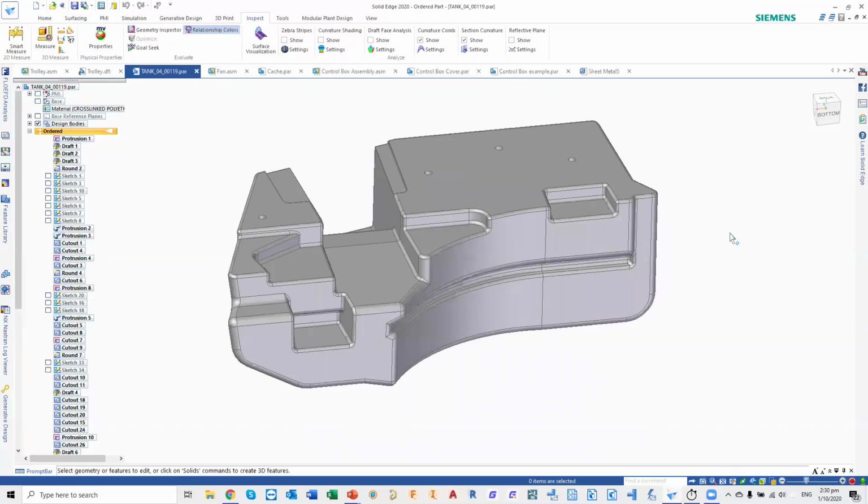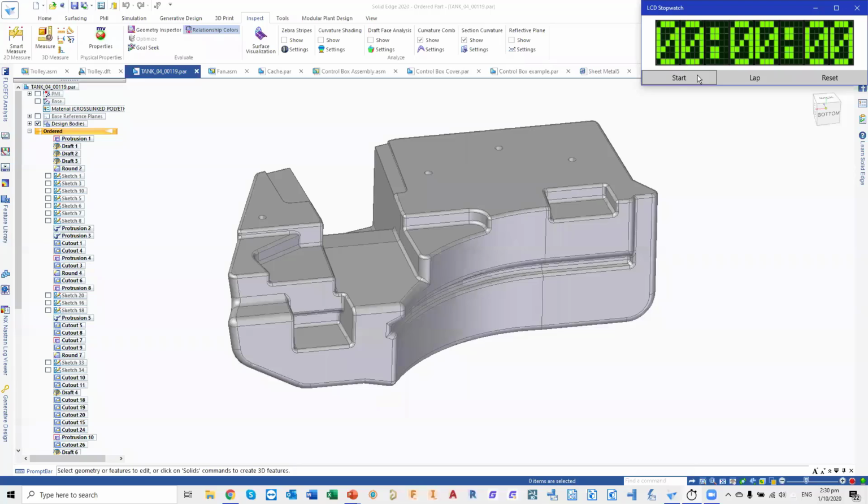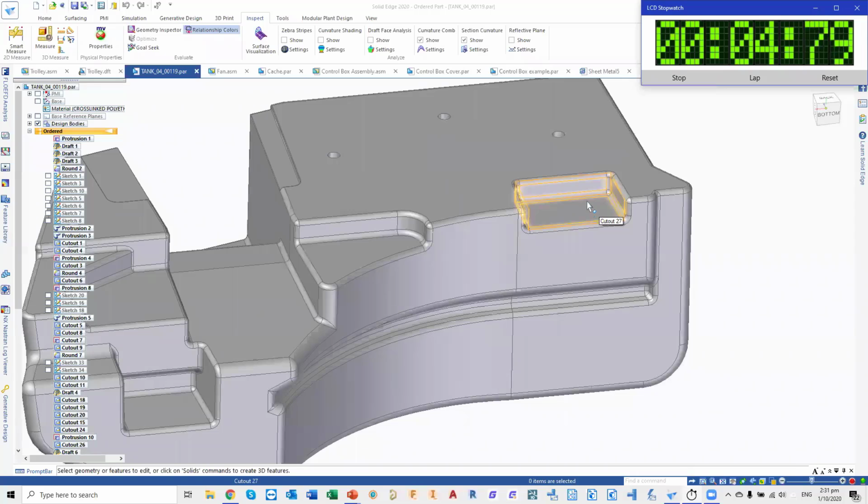Okay, the first change. Before that, let me take down the time that I spent changing using the history-based method, and then later on I'll compare the time that I took for changing in the history-based technique as compared to what I did using synchronous technology. Right. So the first thing that I'm changing, I'll need to change the depth of this pocket to be 75 mm deep. Right. So I'll just select this